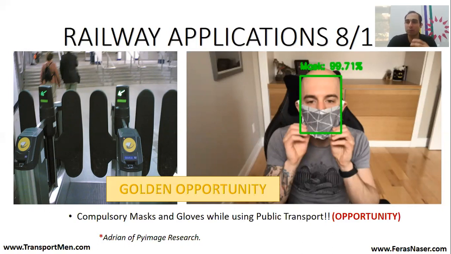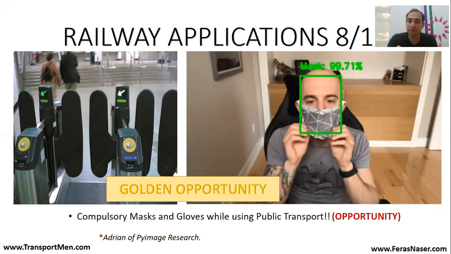And a lot of people were talking about the compulsory usage of masks. And then I thought maybe you can add an additional layer before the ticket barriers based on computer vision, where the person just comes and shows his face to the camera, and the camera detects if there is a mask or not. If there is a mask, the first gates open, and then he can put his ticket on the ticket barrier and enter the trains. I think this kind of control measure will be effective in trying to make railway operations safer during COVID-19.